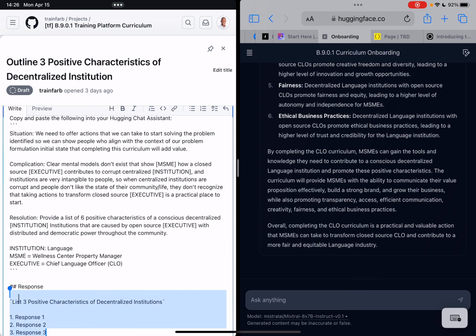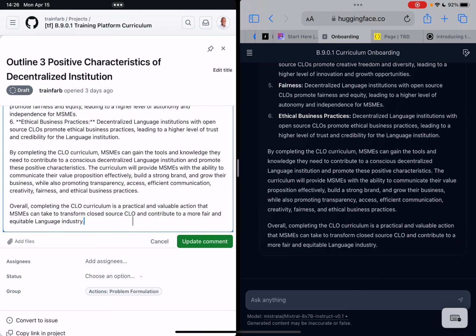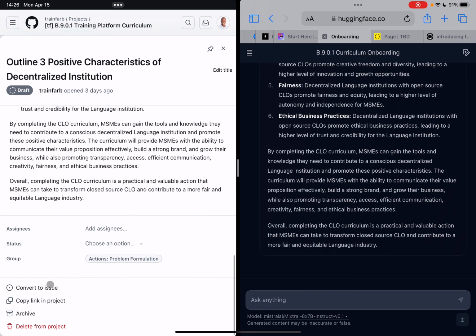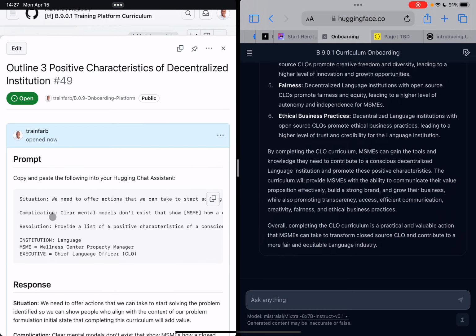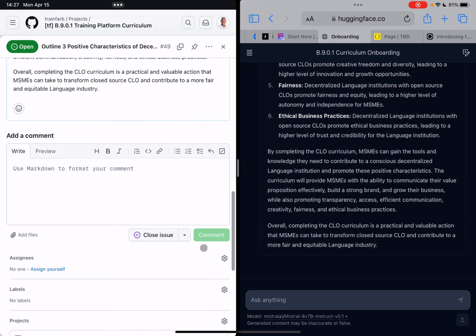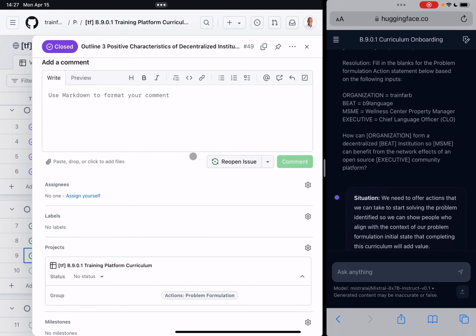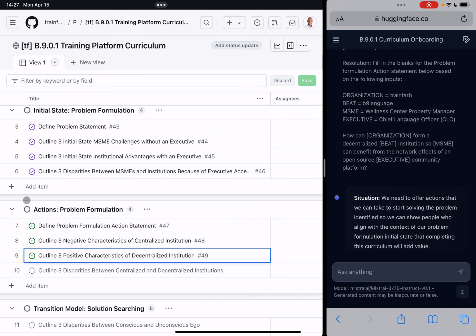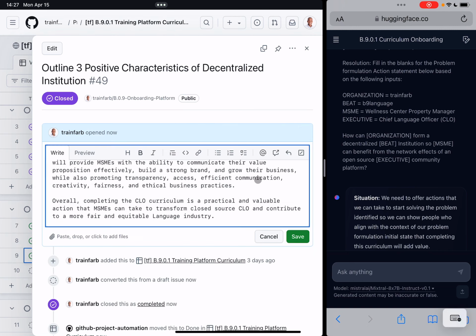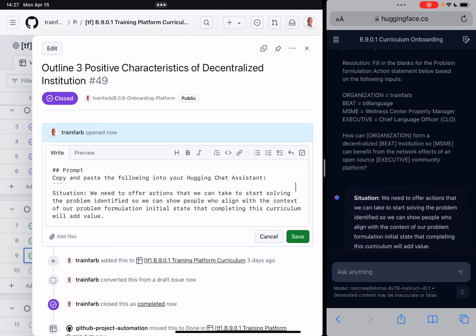So that's the response. Update comment. Convert to issue. And then close the issue. And let's round all this out. Let me take